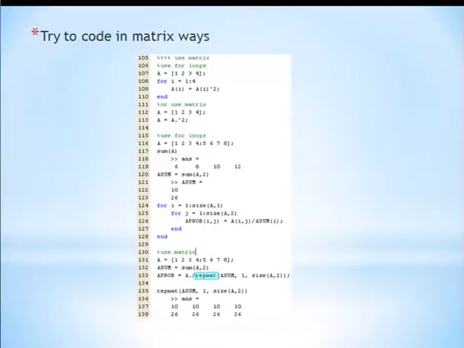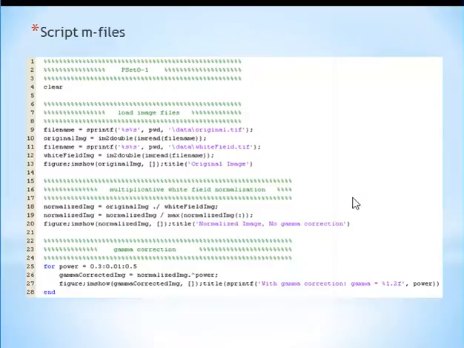It's easier to code in matrix ways because it gives you such a broad variety of different ways you can create your program with, and it really simplifies the process of creating some automation program. Script M files are pretty large, and they do take quite a while to create. So as you can see,